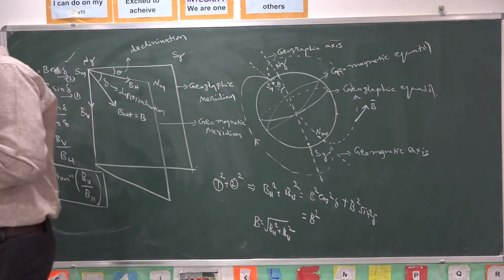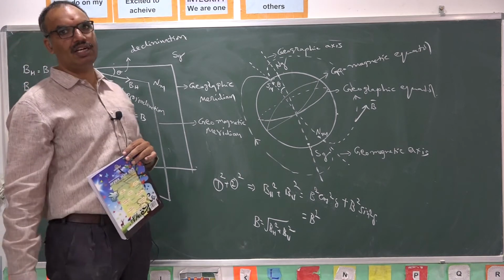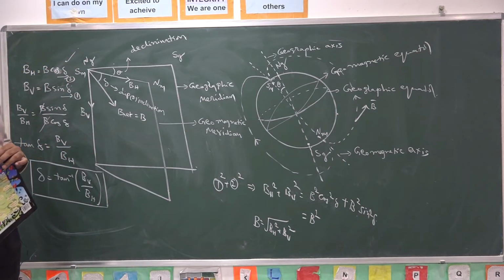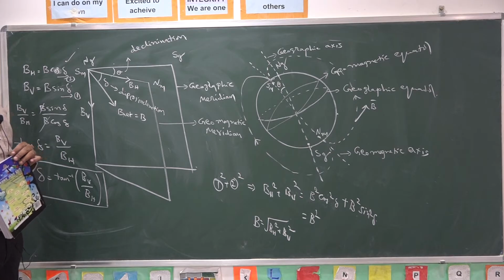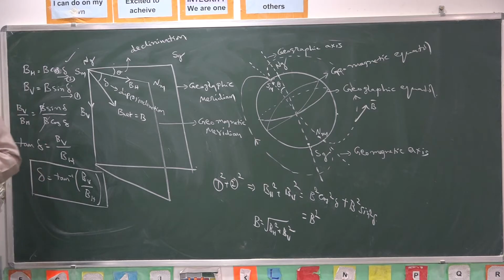Learning about this magnetic field is very, very essential. Every object, every device installed on the surface of Earth is influenced by Earth's magnetic field. So we should know about Earth's magnetic field at a given place. To understand it, we require the horizontal component of Earth's magnetic field, declination and dip values at a given place. I hope you understood the concept. Go through the textbook to understand these ideas very clearly.